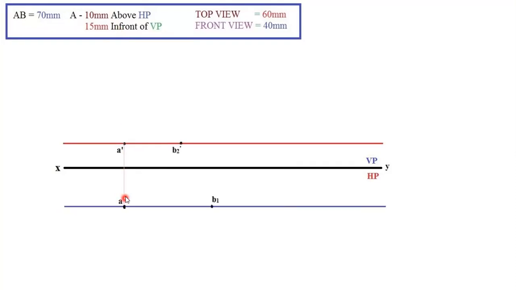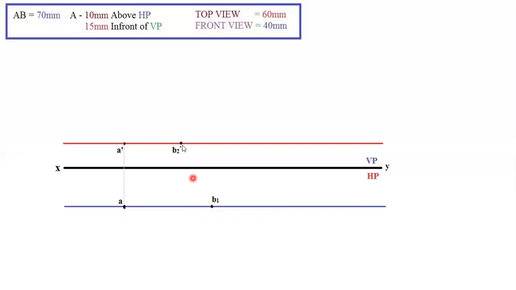The next step is, see here, they have given the top view and front view. So the front view is 40 mm. So take a measure of 40 mm. From here, take 40 mm and just keep a dot, and name that point as B2 dash. Those who haven't seen the nomenclature, try to see the nomenclature video so that you will have a better understanding. And from point A, you can take the top view value. Top view 60 mm, right? From A, take 60 mm and just mark a point and name that point as B1.